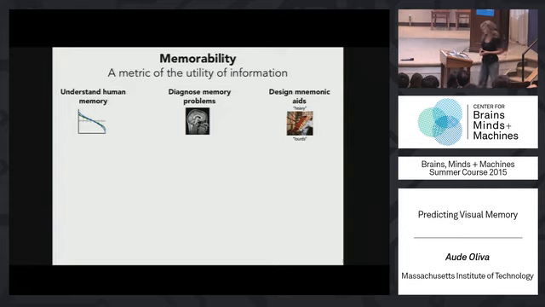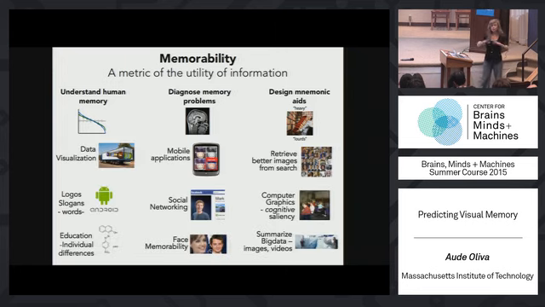Let's take a moment to imagine that we were able to predict accurately the memory of people. This would be very useful to understand the mechanism of human memory, at the cognitive and neuroscience level, the system level, as well as possibly to diagnose memory problems, short-term or long-term visual memory, that may arise in an acute way or develop over time, as well as to design mnemonic aids to recall information better.